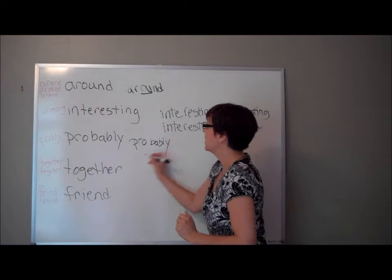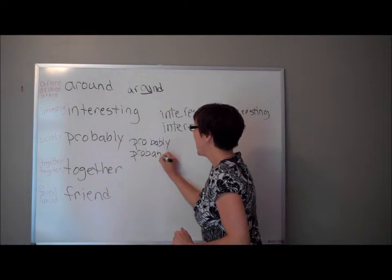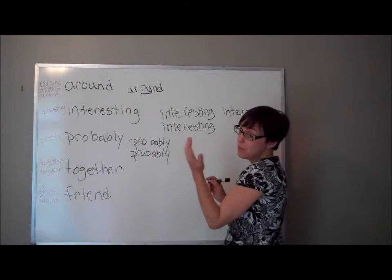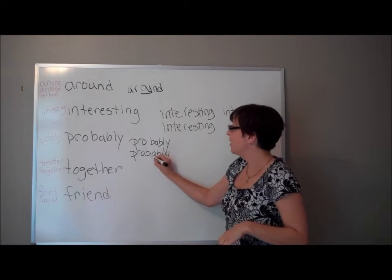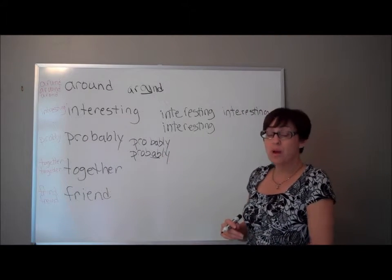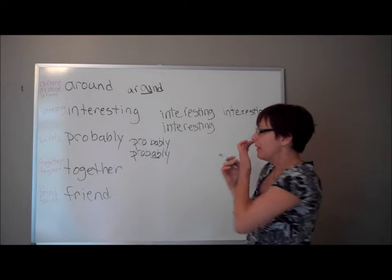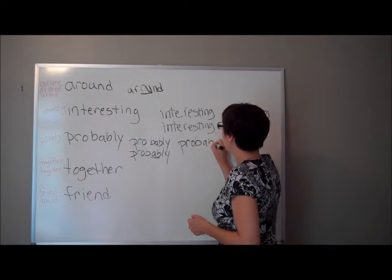Probably, that sometimes can help, or you could say it funny like this, probably. A lot of times people forget the ab here, so that might be helpful. If you work out a lot, your abdominal muscles will probably get pretty good, so probably, you could think of something like that. It's also connected to another word, probable,